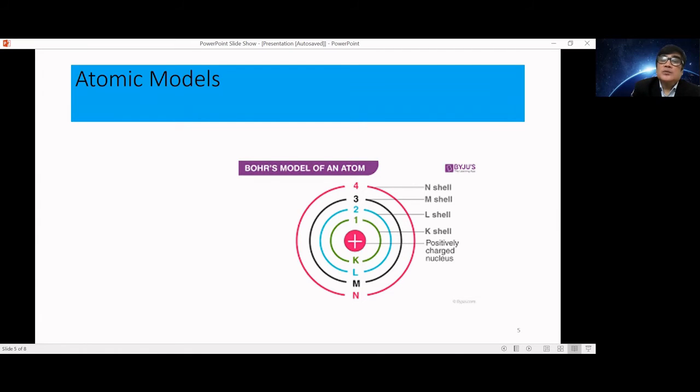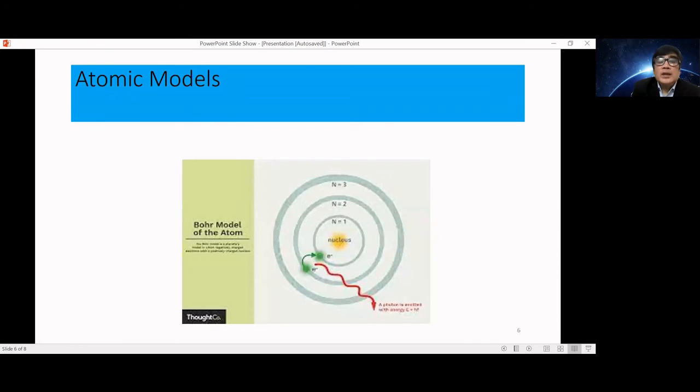In shell number 2, we have n equals 2. So n squared would be 4, times 2 would be 8 for L. L would have 8 electrons. M similarly would have 18 electrons for n equals 3. 3 squared being 9, times 2 equals 18. This is an important diagram which helps us to understand flame test, which many students of chemistry already know